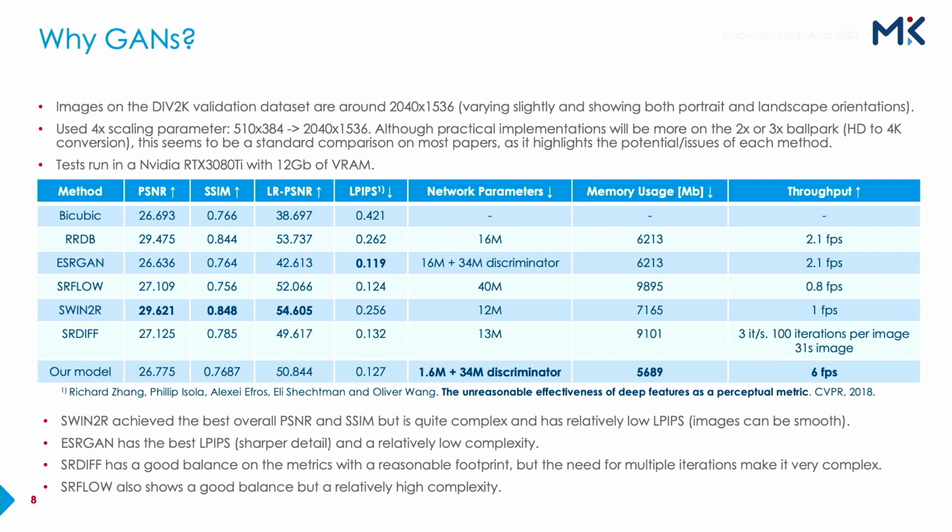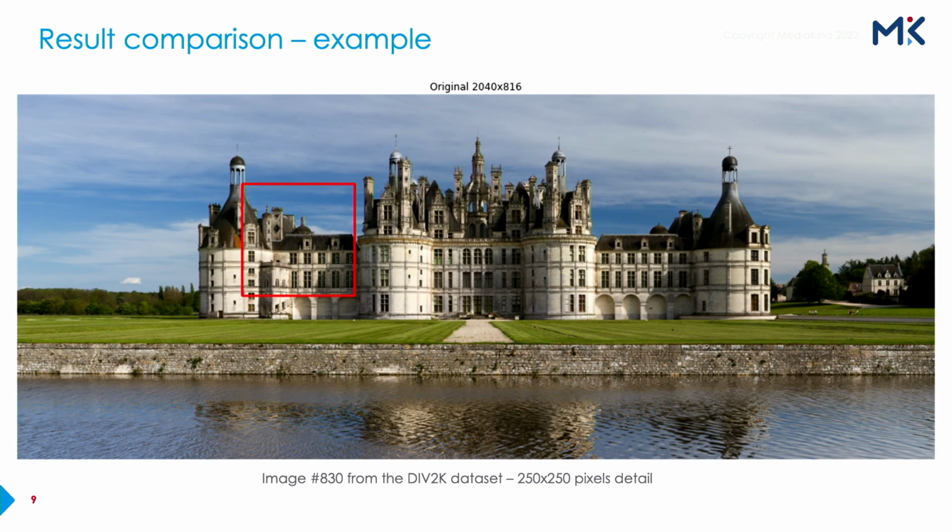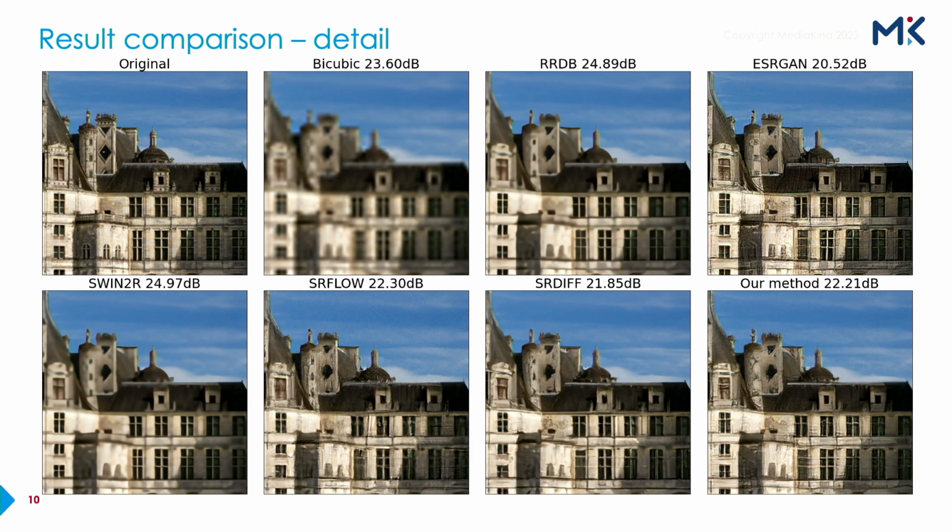On the bottom, we have our own proposal that, as I say, uses a GAN, but it has several optimizations, namely on the optimization loss, which is a hybrid loss, as I said, with an adversarial loss and a simple loss. And also, we changed the structure of the residual net. So we have pretty much 10% of the number of weights of the other methods while we achieve pretty competitive metrics.